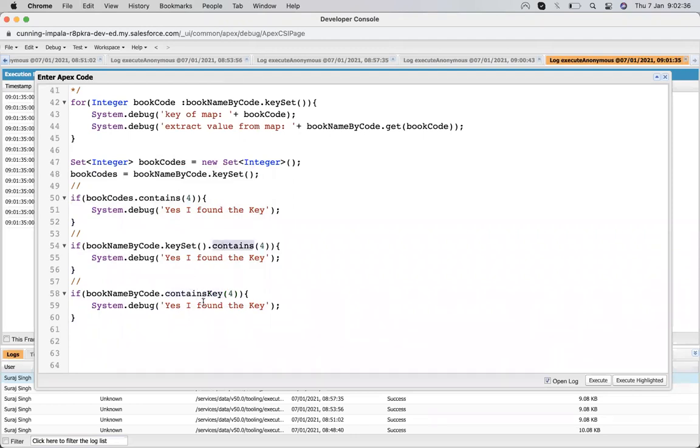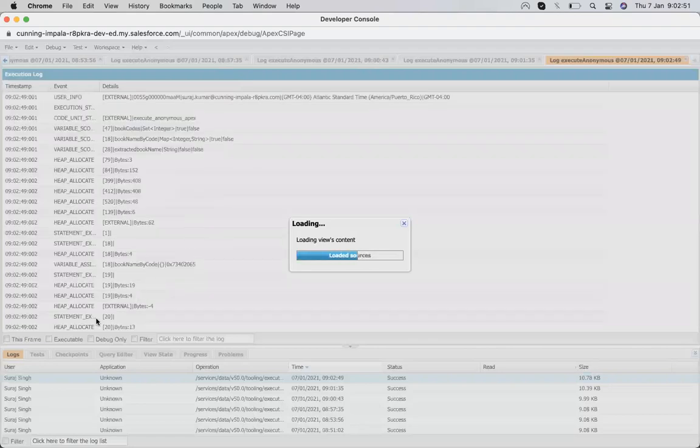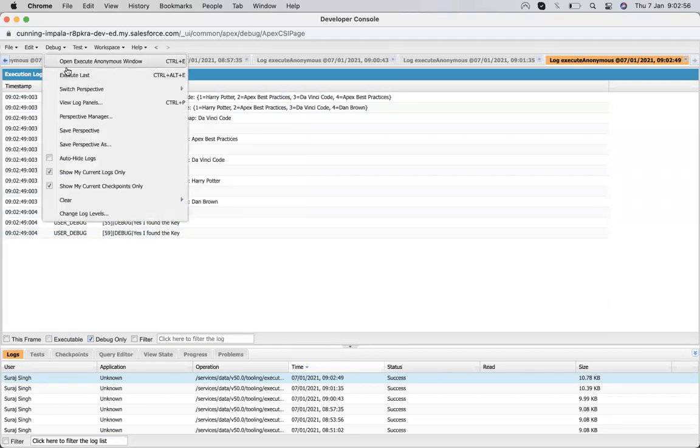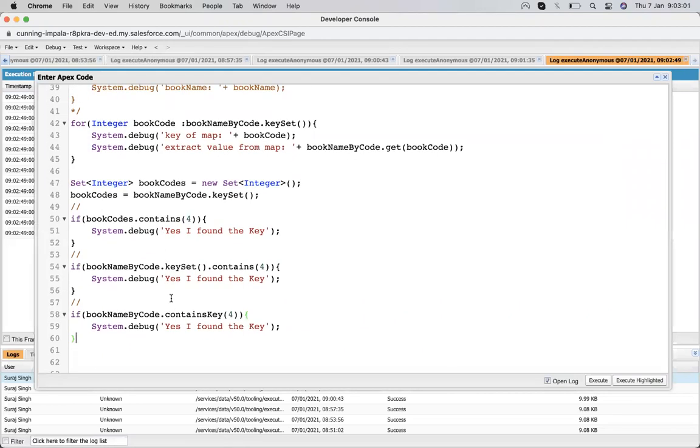Instead of contains, it becomes containsKey, and instead of keySet, it becomes the map name dot containsKey. So now the third time it will show that yes, I found the key. So there are three ways of checking a key. In this way, we can check that a key exists in a map or not.